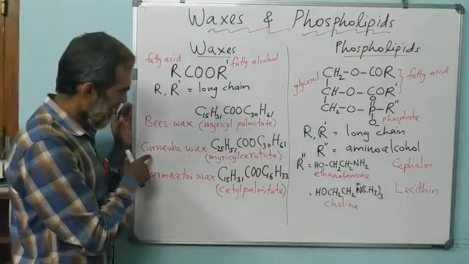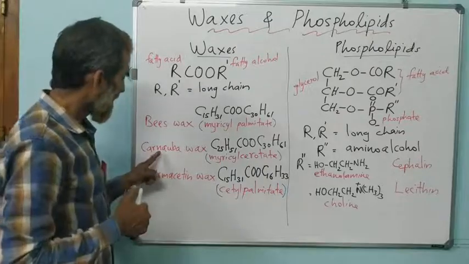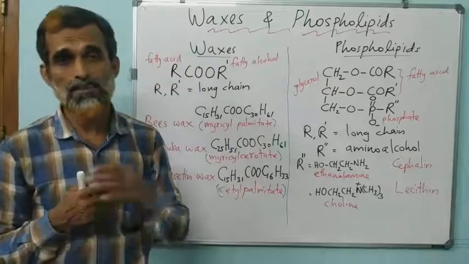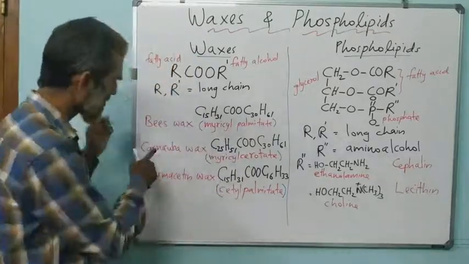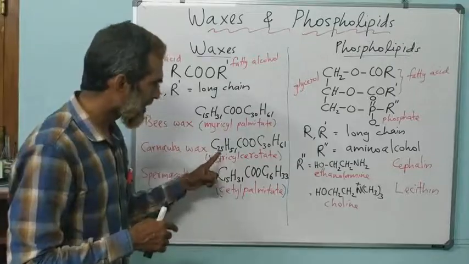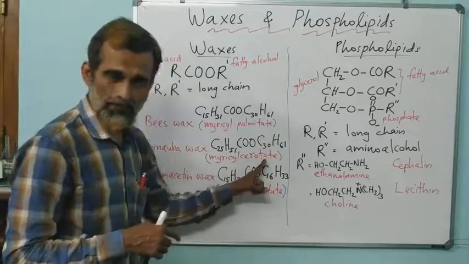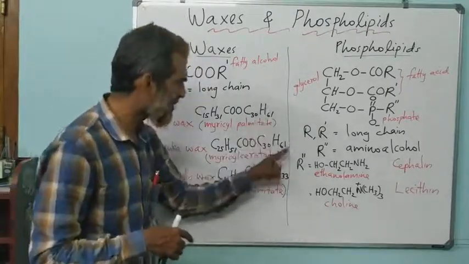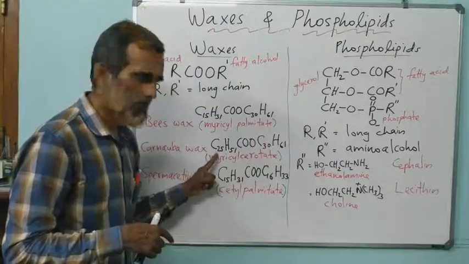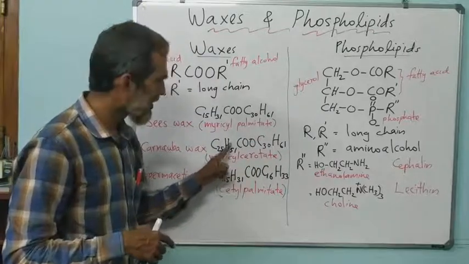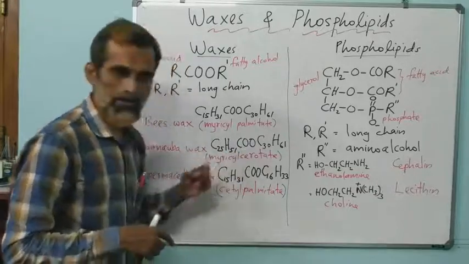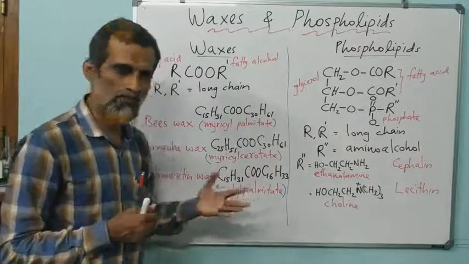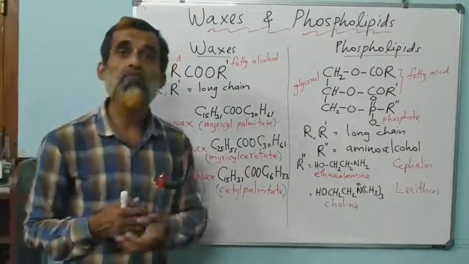And then next one, number two, carnauba wax, which is obtained from a kind of plant, the carnauba plant. It's a Brazilian palm tree, and its formula is myricyl cerotate. So the myricyl group is the same. The alcohol part remains the same. Myricyl, this C25H51COO. This is called cerotate. So myricyl cerotate. And third one, spermaceti wax, which is obtained from the sperm whale, a kind of toothed whale,